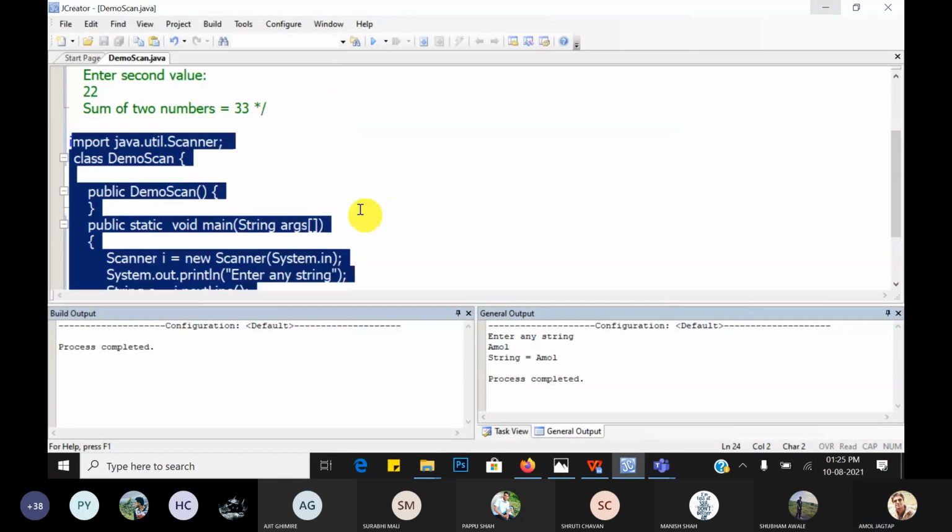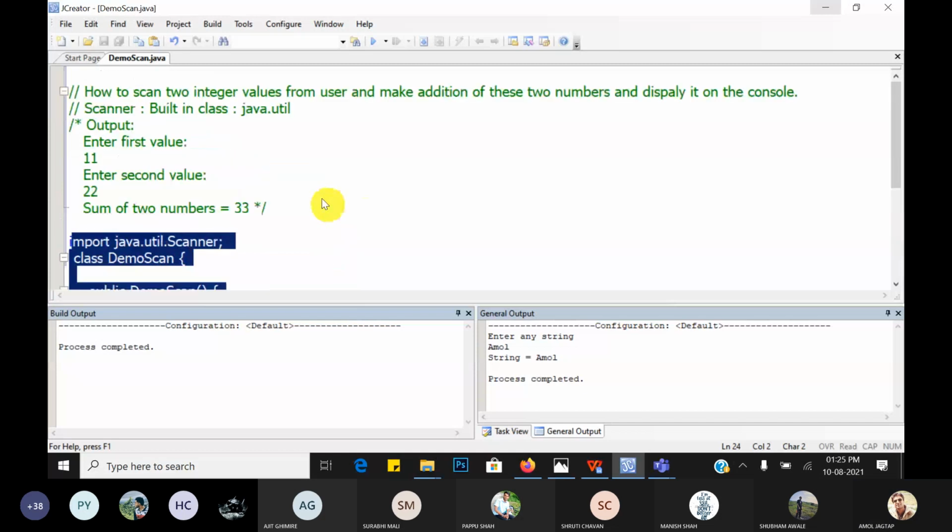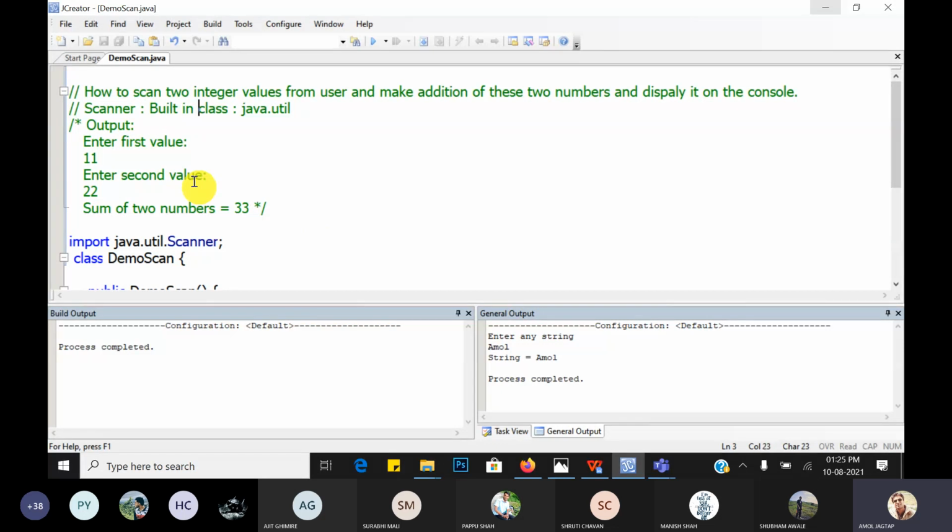Using the same code, how can we do it with another class? The class name is DataInputStream. This is a built-in class. In which package is it present? It is present in the java.io package.